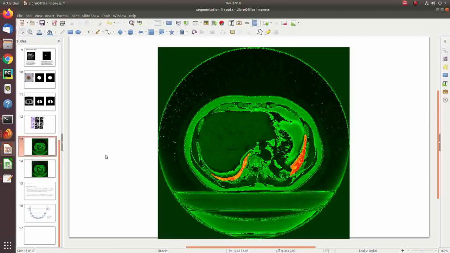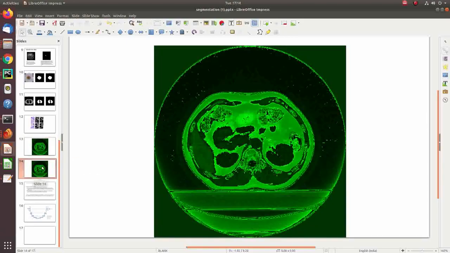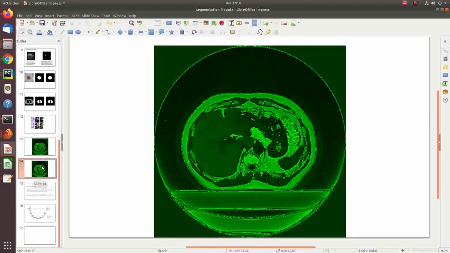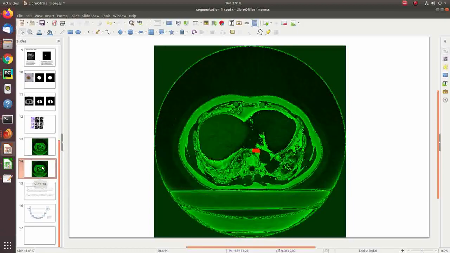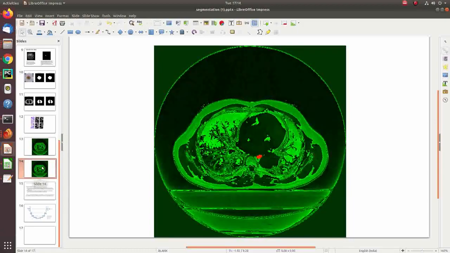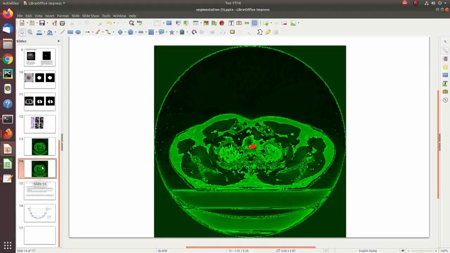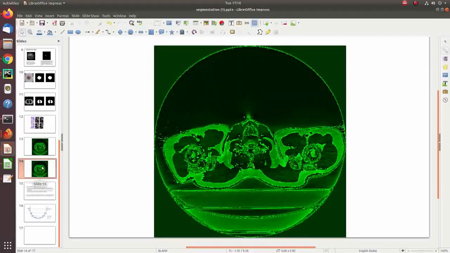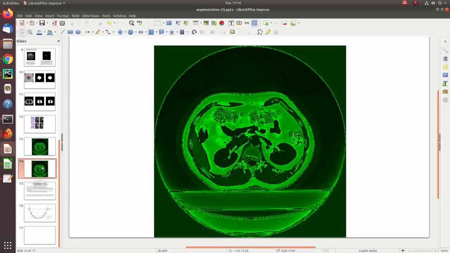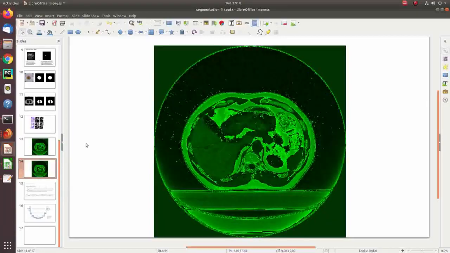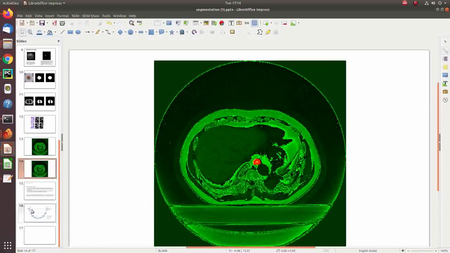You can see here this is the lung one. I have shown you in the video, and this segmentation consists of every part: spinal cord, and later on you will see where the heart is located, where the lungs are located, so everything.